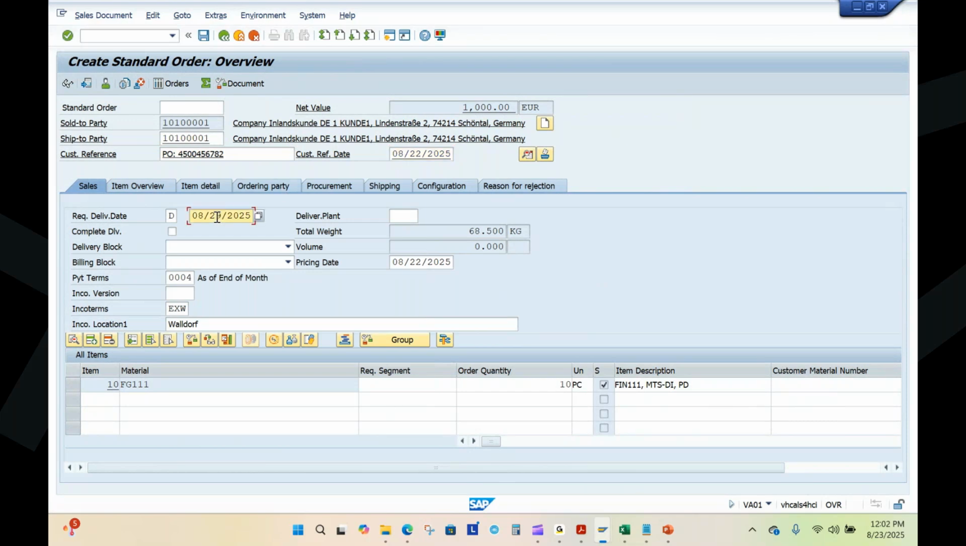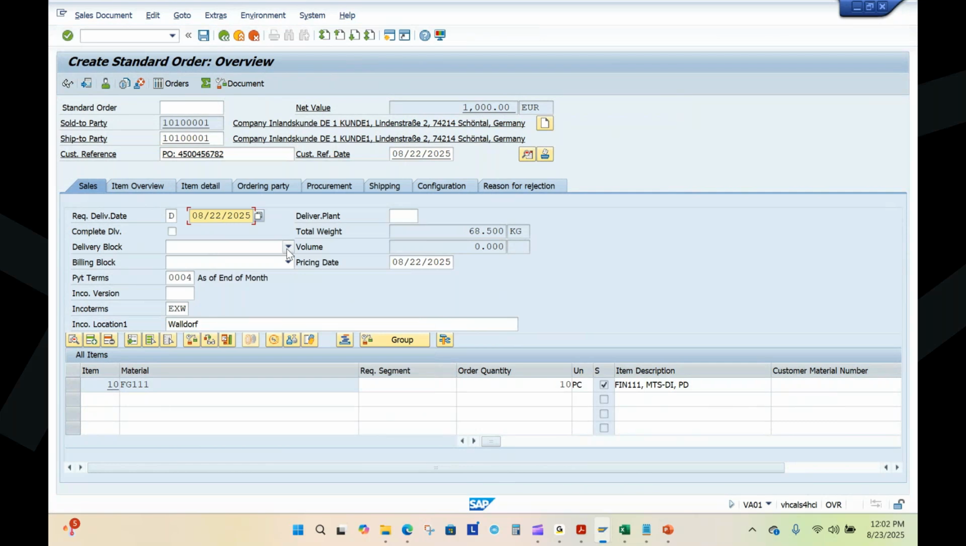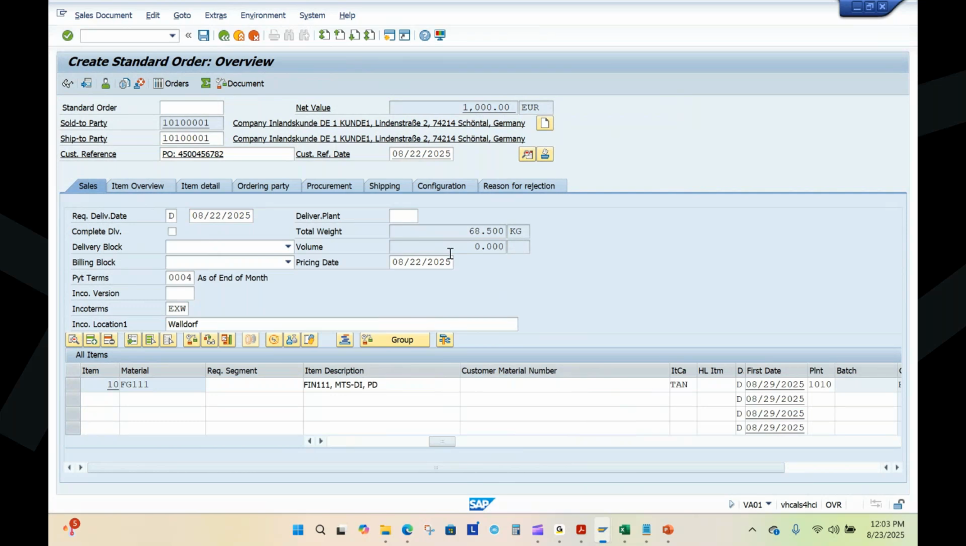So then the delivery date I will change to today's date. Even though he wants it on the 29th, I can deliver it to you today itself. I have the stock. So I'm changing the delivery date to this one. Now everything got copied: your material, your product, your quantity, plant, everything. Now the most important thing is price. If you double click on this material,